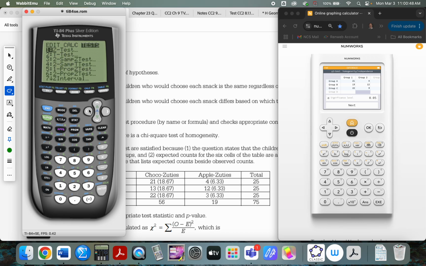So when you go to stat test, you come down to a chi-square test. It's going to put the expected in matrix B all on its own. You don't have to figure out the expected. So once you've done this and you calculate it, and you have all this information, if you go back to the matrix,